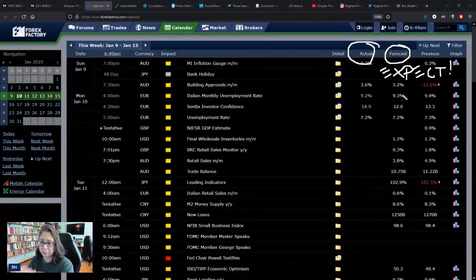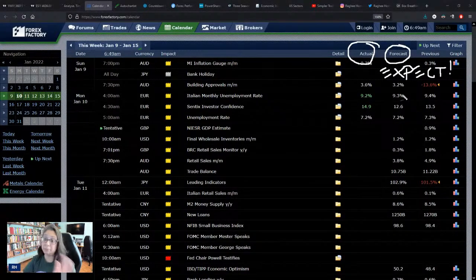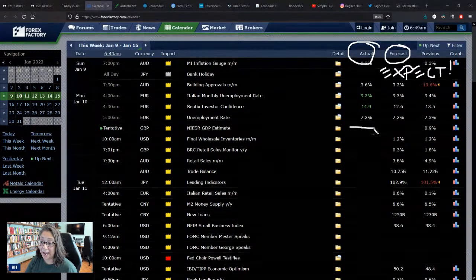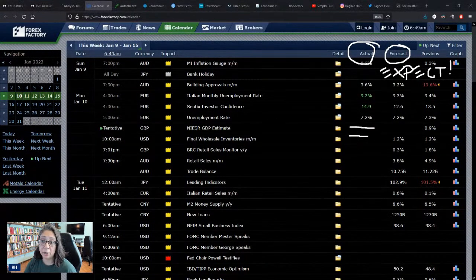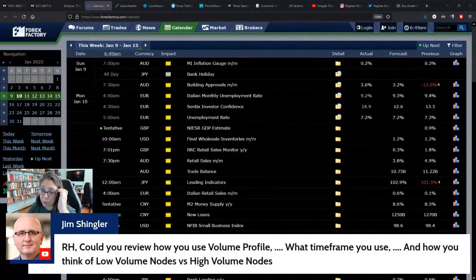That's what we're expecting. And then the immediate volatility on the hot zone, sometimes the wick higher, sometimes the wick lower, sometimes the follow through, is the adjustment that happens after we know what the actual number is. So we guess at it, we find out if we're right or wrong, we readjust. And that's really in a nutshell what it is. All right. So thanks for the question. And thanks for bringing up the fact that we need to take a look at the calendar, hopefully every single morning before we start our day.